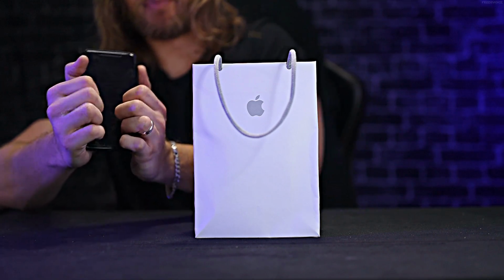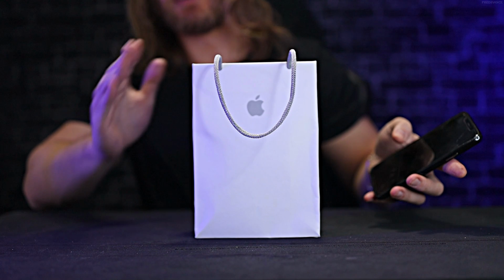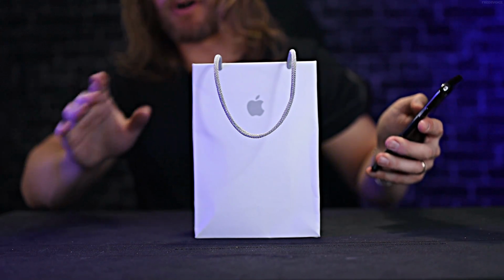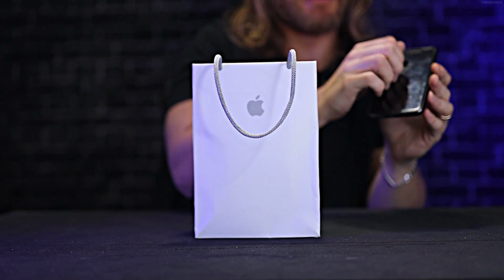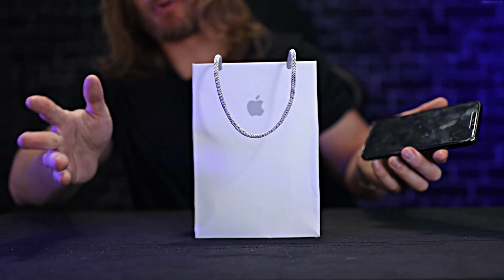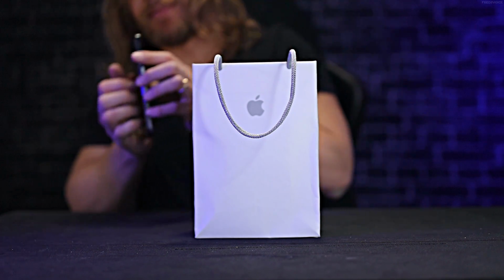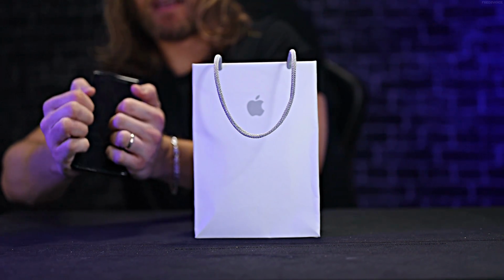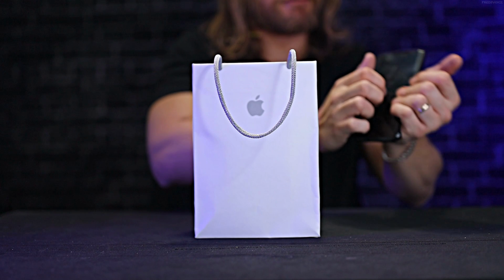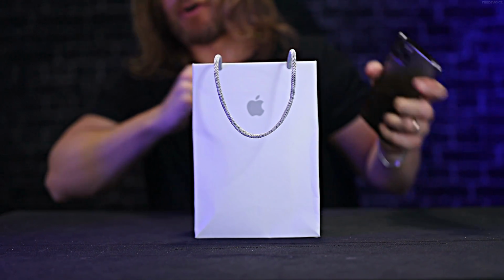you'd have to do a complete and utter start from the beginning, because none of the transfer would ever work at all. So it was always a case of, oh my goodness, this is gonna cost me the next week trying to remember what I used to have on here and make it exactly the same. But with iPhone, I assume that it's very easy. That's what everyone at the store told me it was, and my only